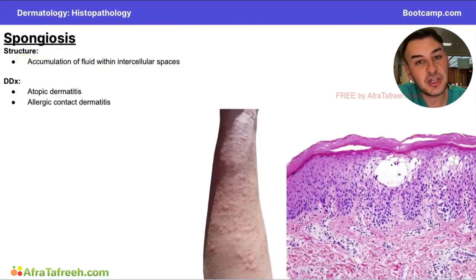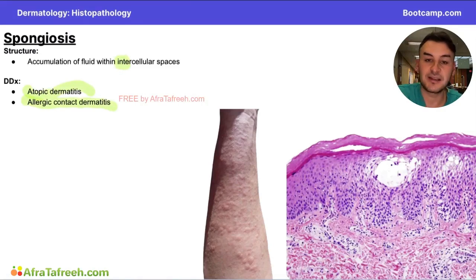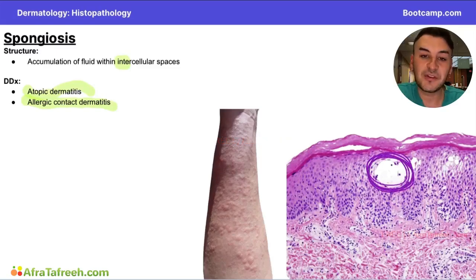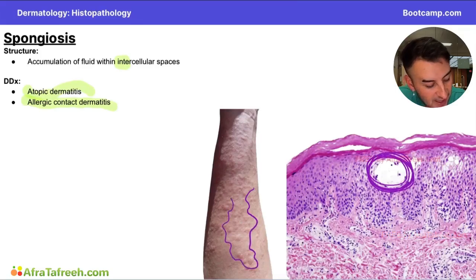Next, we'll talk about spongiosis, which is going to be accumulation of fluid within intercellular spaces of the epidermis. So intercellular here, not within cells, but between cells. You're going to see this in atopic dermatitis and also allergic contact dermatitis. So you're going to see spongiosis in lesions that are described as like urticaria or wheals or hives. And you'll see that this is characterized by this accumulation of white fluid in the epidermal layers. This is going to look like the urticarial rash here seen on physical exam,